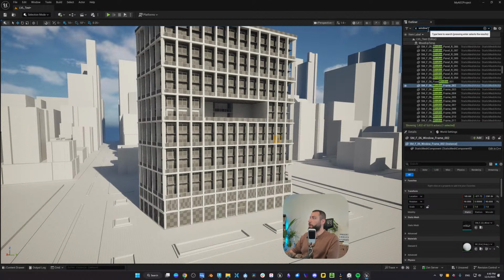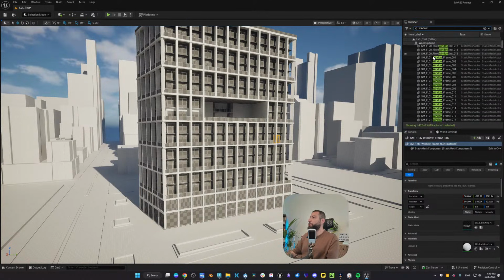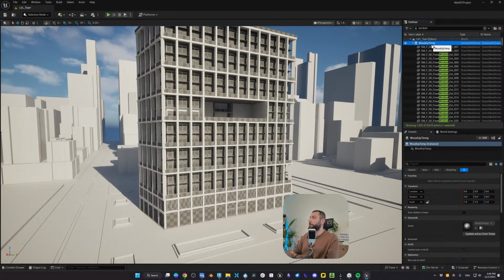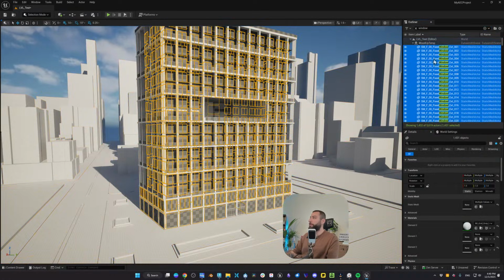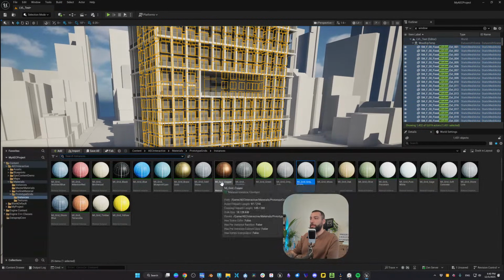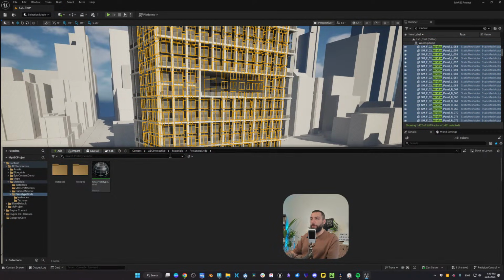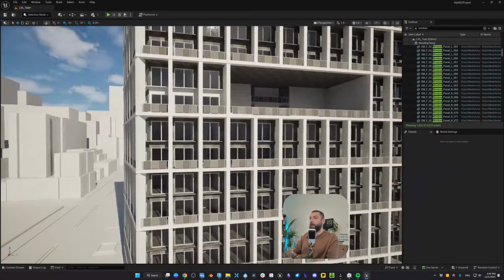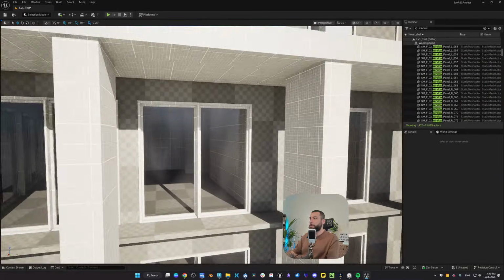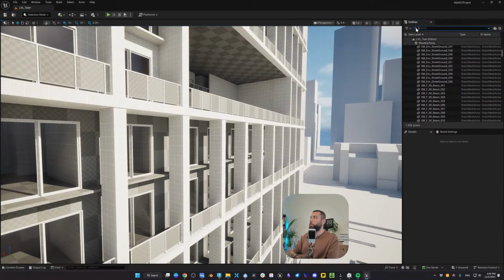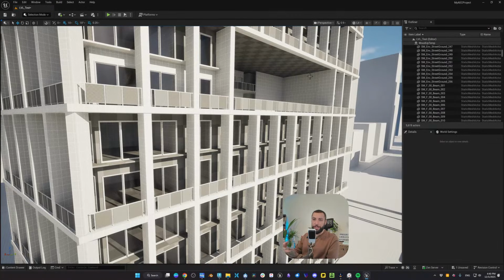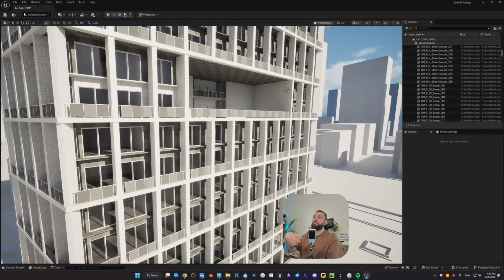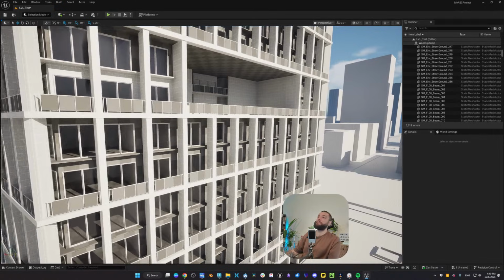Okay. Now I'm going to quickly also select all windows in the project. So let's type window, then select all children. Then let's go to our materials. All these materials come with a template, so you can quickly assign them. So here we have glass tinted. You can assign that. And now we can see clearly from the windows. And I would love to add more and more materials as we go to quickly make projects look nice.